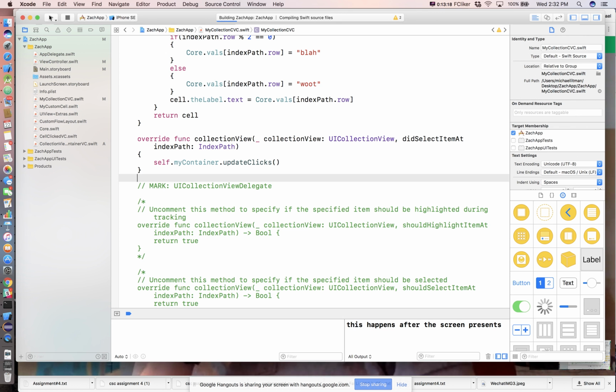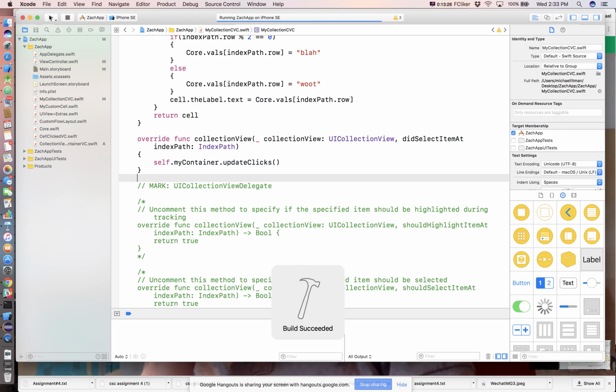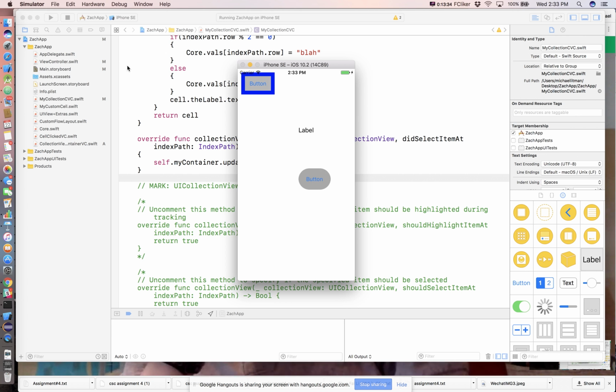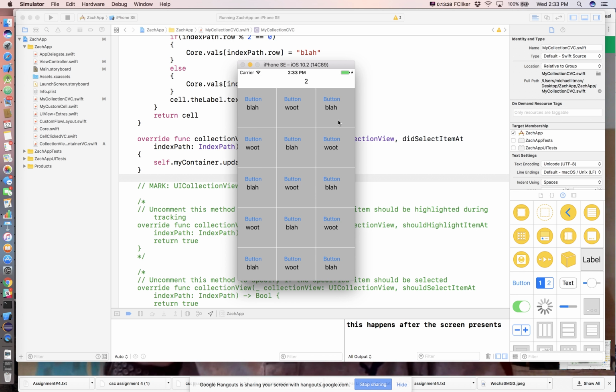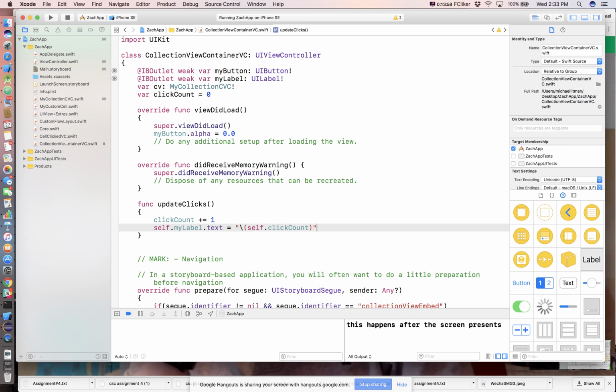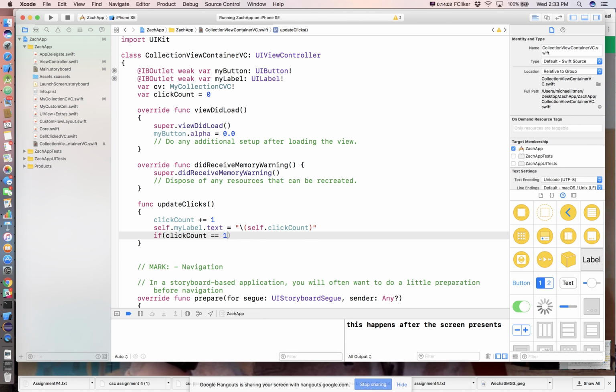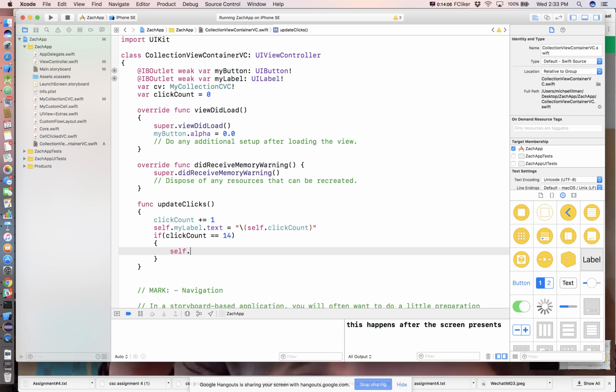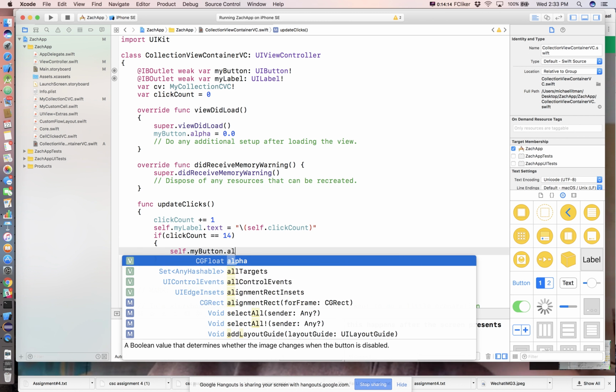So we'll go ahead and run this. So on and so forth. You know, similarly, we could have updated it directly. We could have kept track of our click count in here and then updated the label. So now, back over here in this guy, we could ask the question if click count is equal to 14, self dot my button dot alpha is equal to